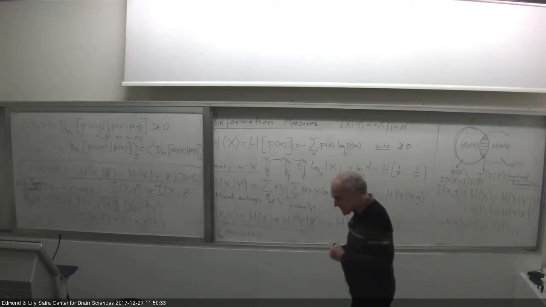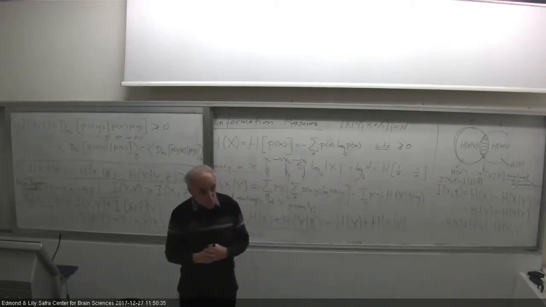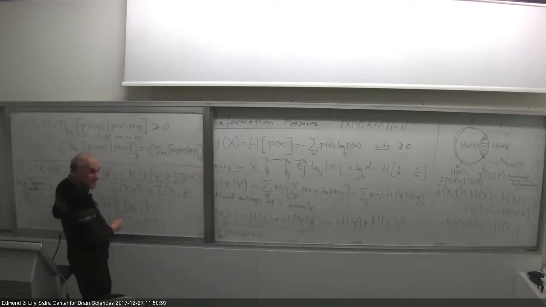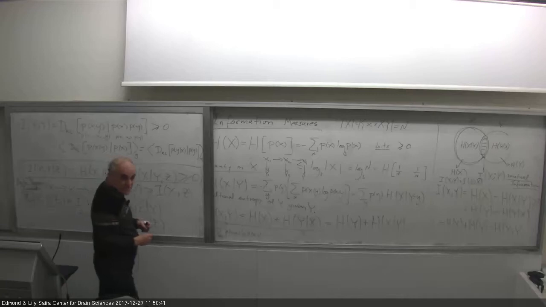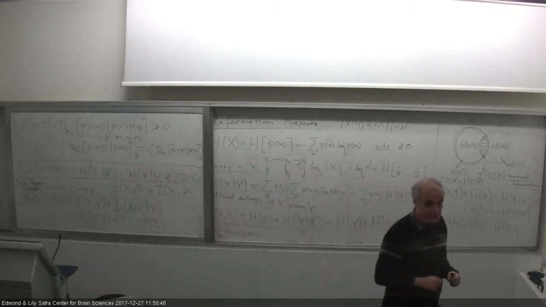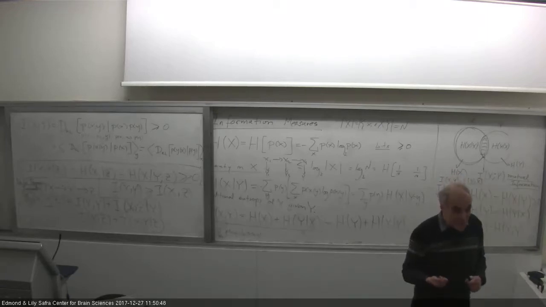Sometimes it can confuse you because you don't know anything. Just like in the Markov chain. In the Markov chain, if you know Y, X and Z don't tell you anything about each other. So in some sense, the knowledge of Y is reducing the information between X and Z. But if you don't know Y, there is more information.